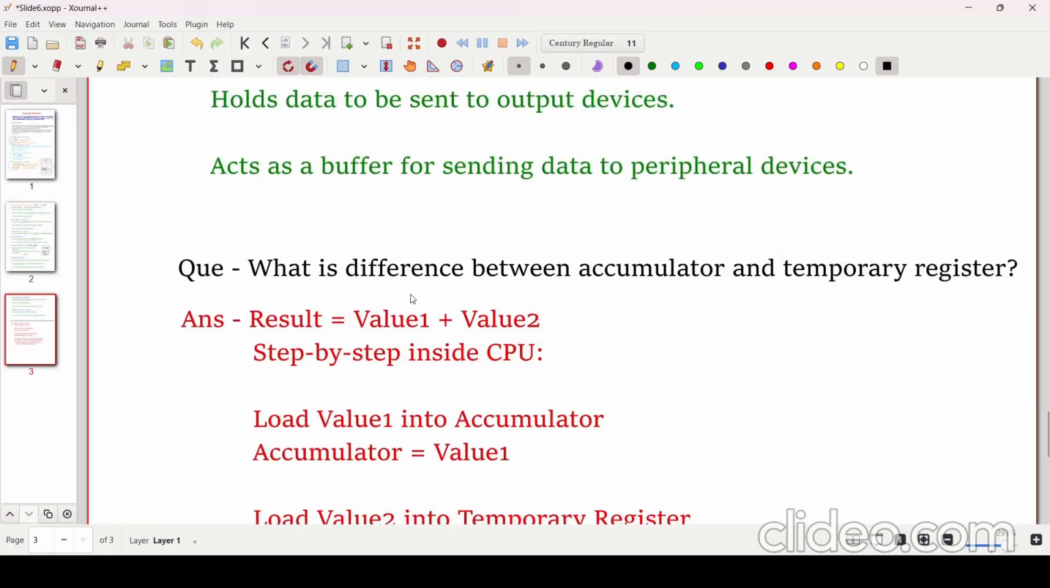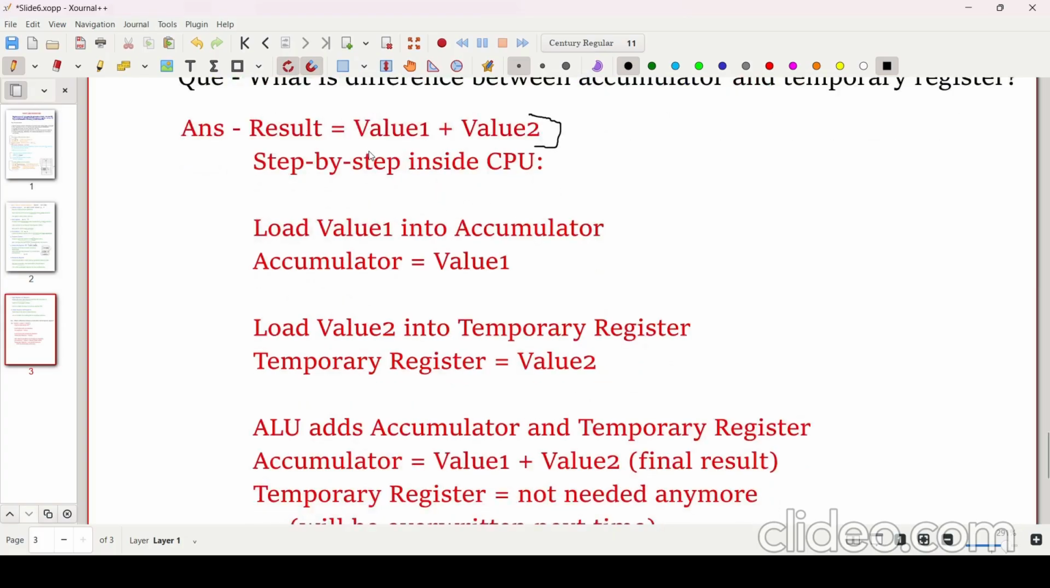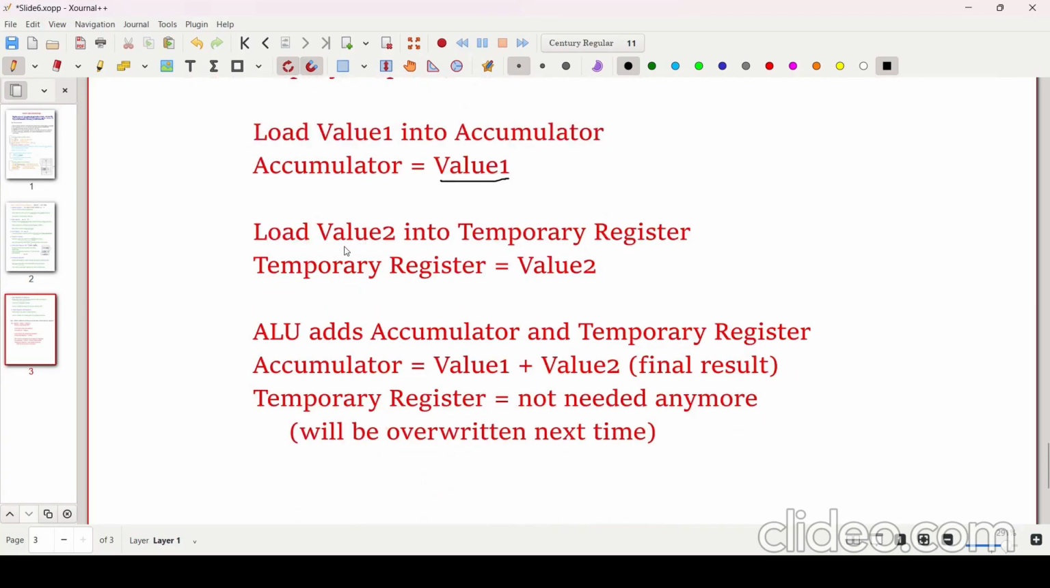So here I have explained the difference between the accumulator and the temporary register. For explanation, I have taken an example of this addition operation, right? So we are adding value 1 and value 2 and storing the result in this value 1. So in this operation, what is happening inside the CPU? The very first step is loading of value 1 into the accumulator, right? So value 1 will be loading into the accumulator. The second step is the value 2 is loading into the temporary register, right? So temporary register will be holding this value,